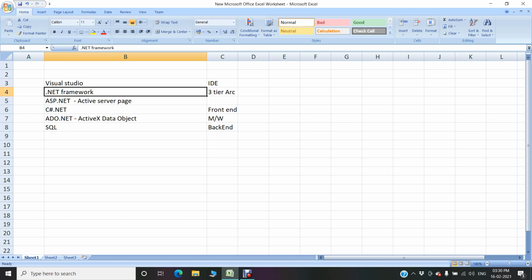Clear? .NET Framework. So what is .NET Framework? Listen, as I told you, I'm using many languages here. For the front end I use HTML, VB script, or jQuery, JavaScript, and I use C Sharp. I can also use Java in .NET. I'm using SQL.